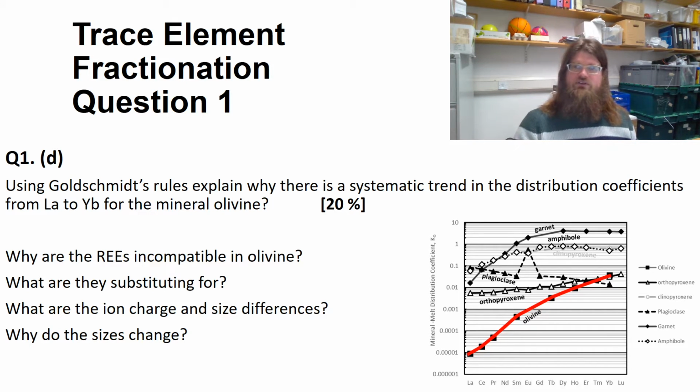So the substituting and the substitutee, the one going in, the one coming out, how are they different in terms of their charge and their size? And then you can apply the Goldschmidt rules from the lecture to explain why one element might be more incompatible than the other. Hopefully you'll have remembered from the lectures